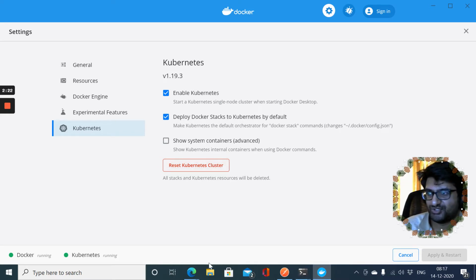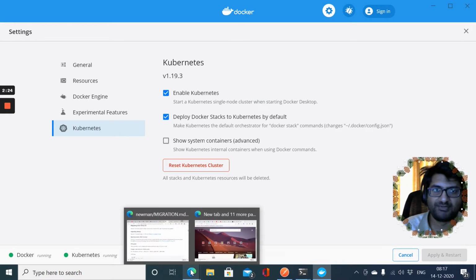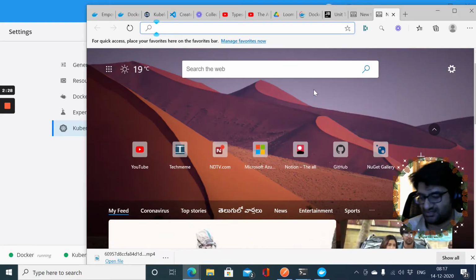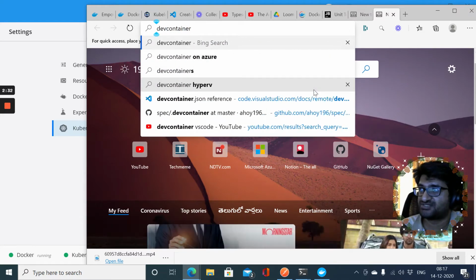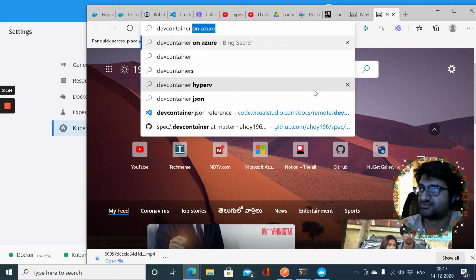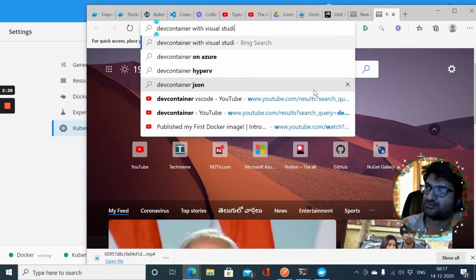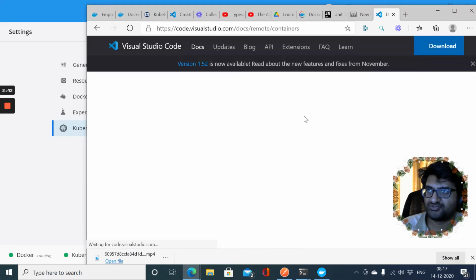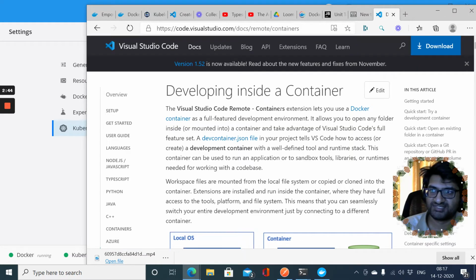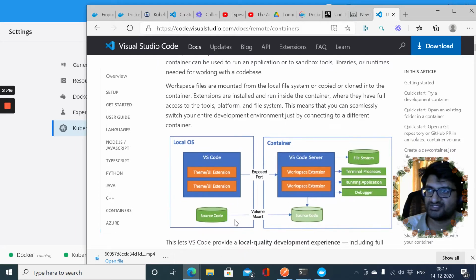So Visual Studio has launched a feature simultaneously, and it seems kind of popular, called Dev Containers, and they've expanded support for this within the IDE. So Dev Containers with Visual Studio Code. I actually wanted to just show you how this works,